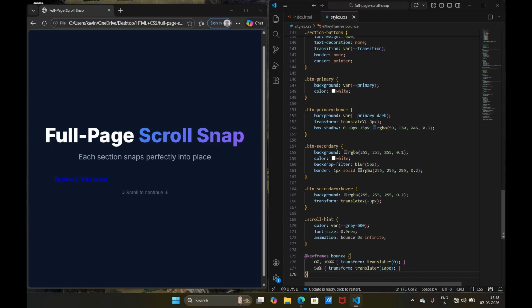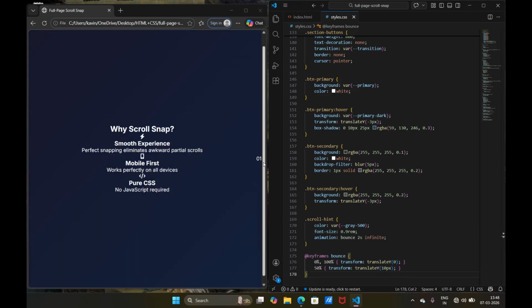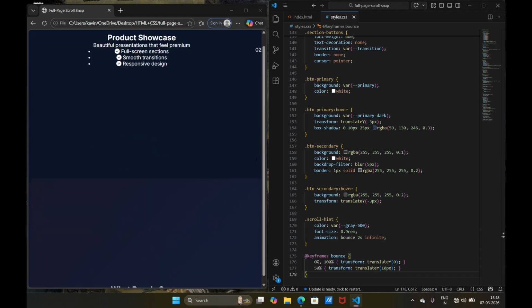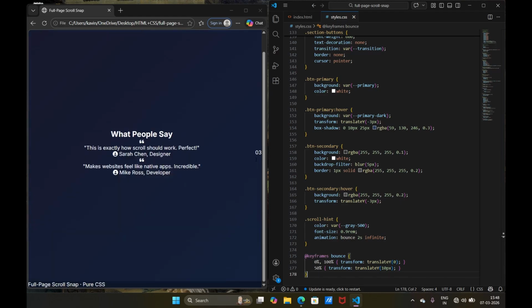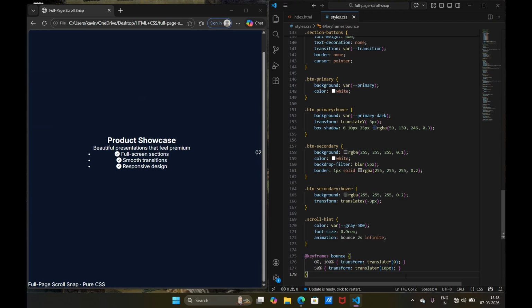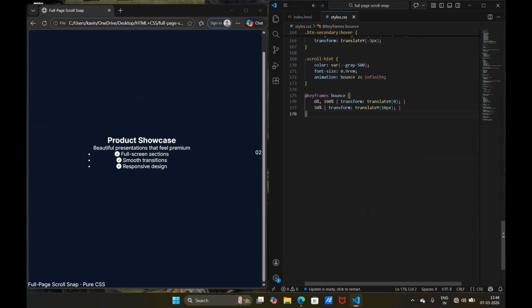Next, for the section number, what you will see is there you can see the number here. We are going to style this number only. Now let's see. Now for the section number,